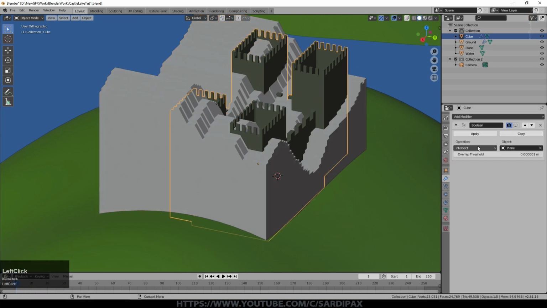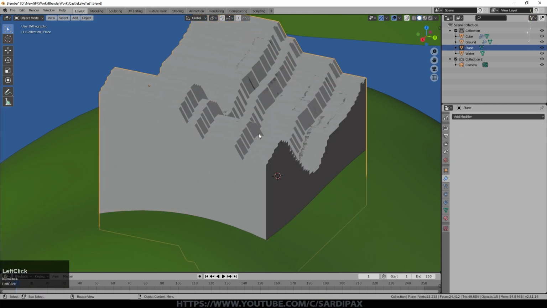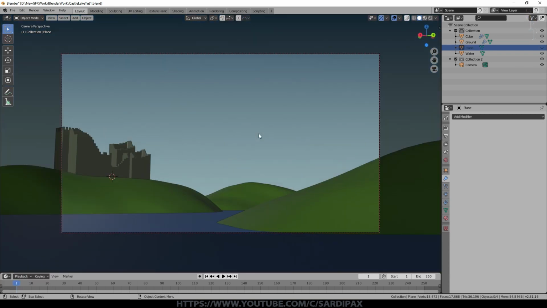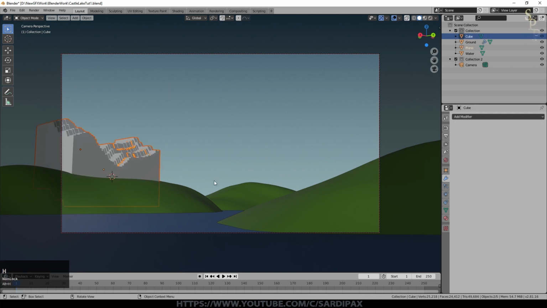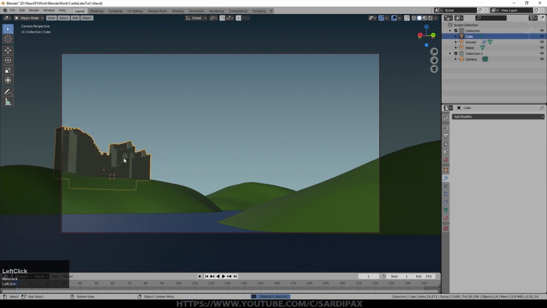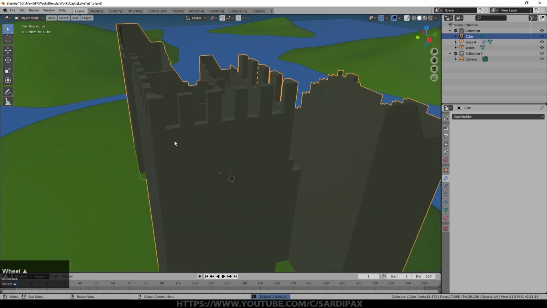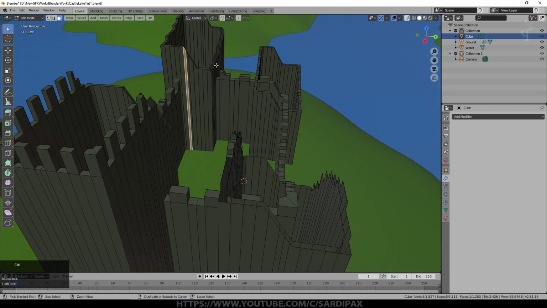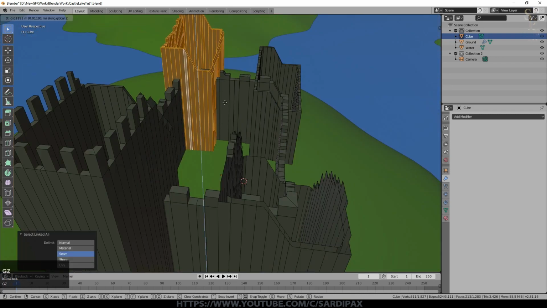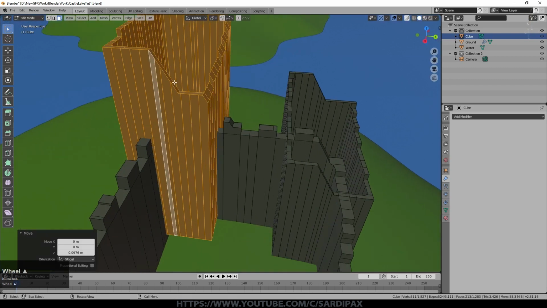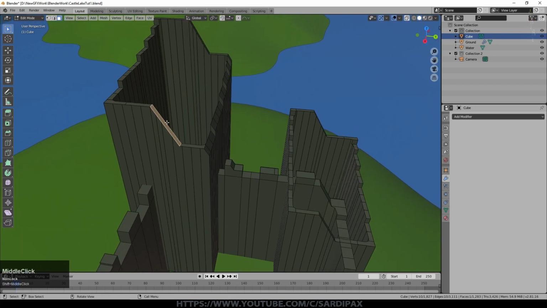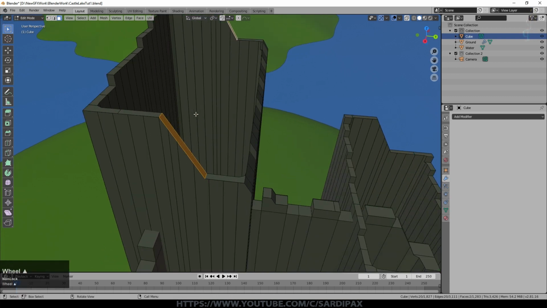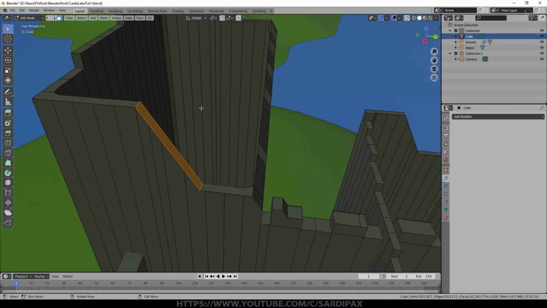Go to our castle and re-enable the visibility of the modifier, and again hide that. So it needs some tweaking because obviously it's very consistent at the moment, but we'll apply that modifier and then we'll remove that object. And then we just need to do a few tweaks on here. There's usually some messed up geometry as a result of this anyway. But if I select that one, Control L, and we'll perhaps raise that up a little bit. If we want to, we could select some of these slightly dodgy faces. We could add some more geometry and basically connect those loops across there, and then we can square those off.